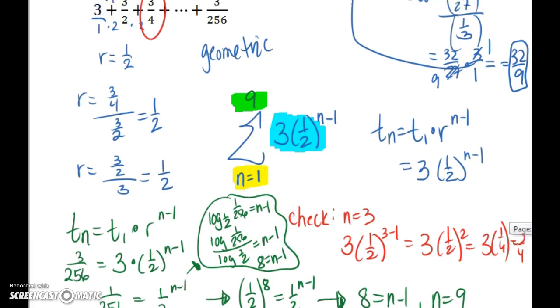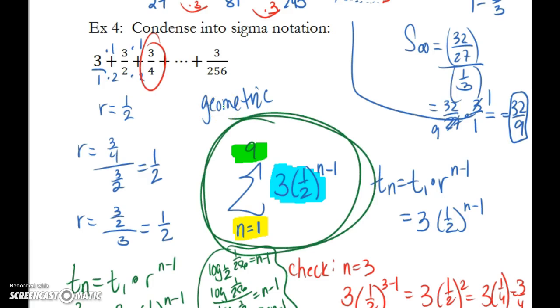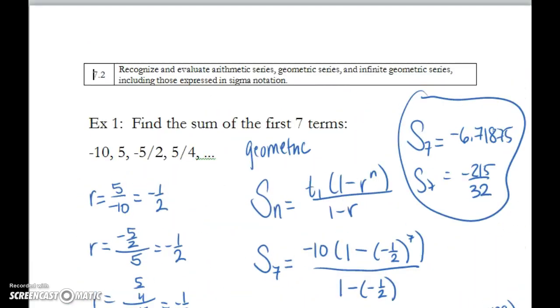And so in sigma notation, our expression is the following. That's what we're trying to find here. Now, of course, you could find the sum by using the formula for a sum, but in this case, we're not being asked to do that. This is standard 7.2, and this specific